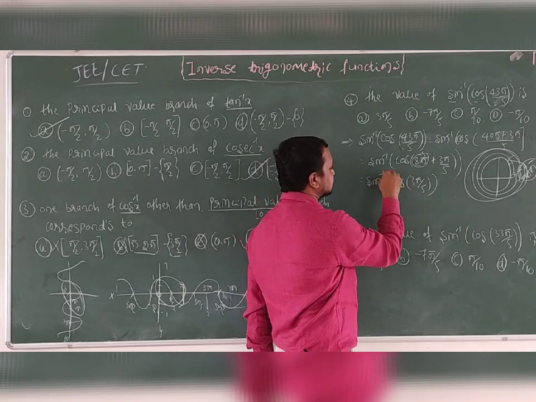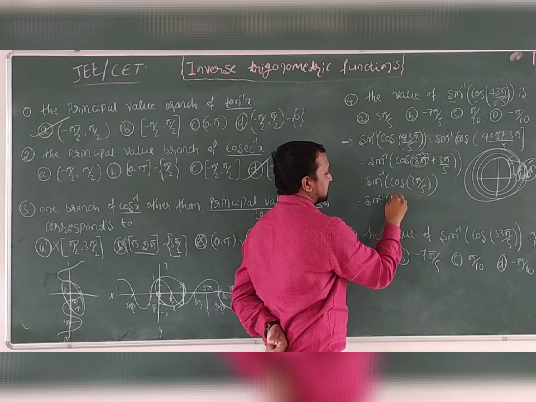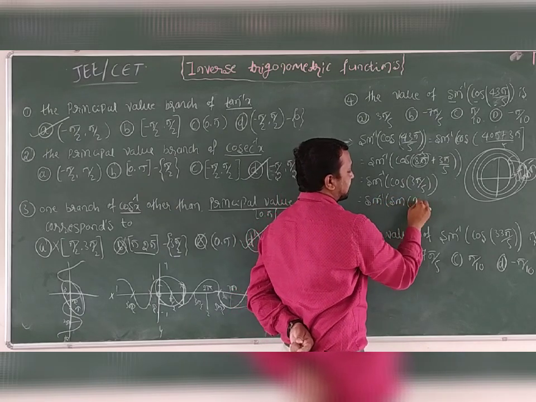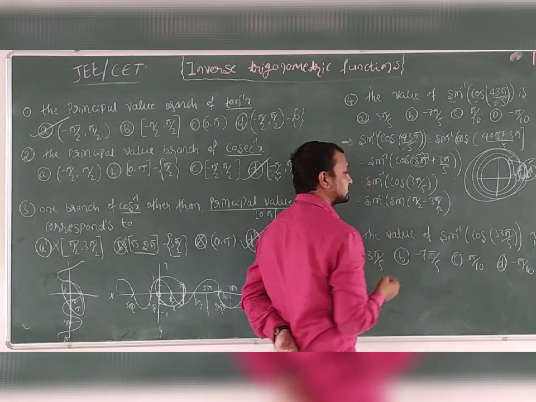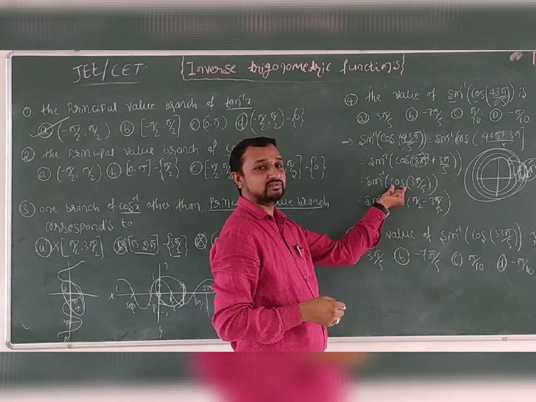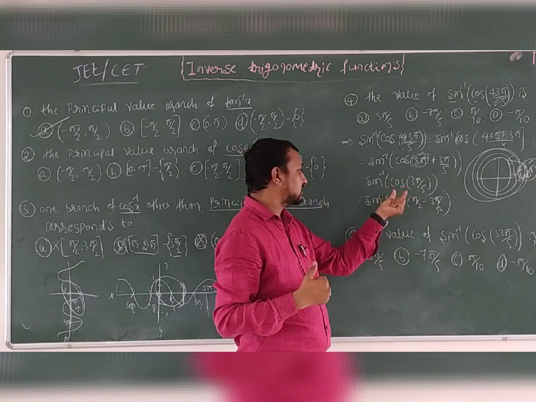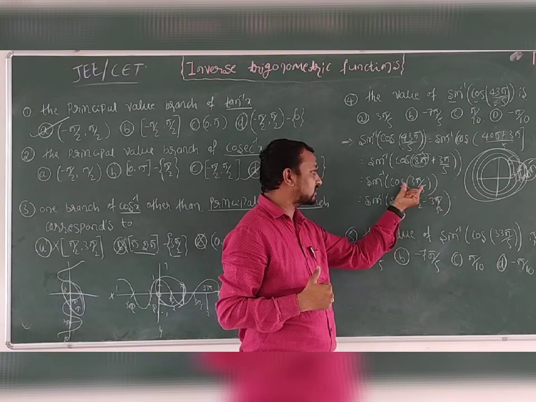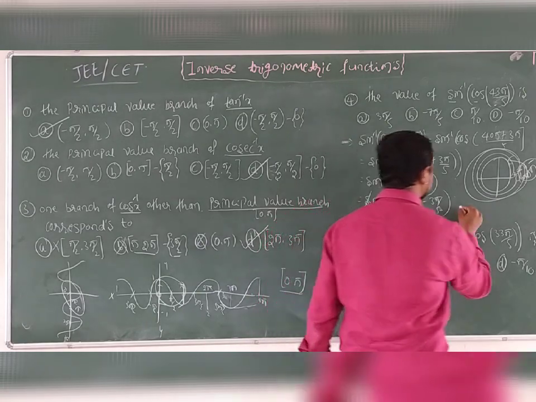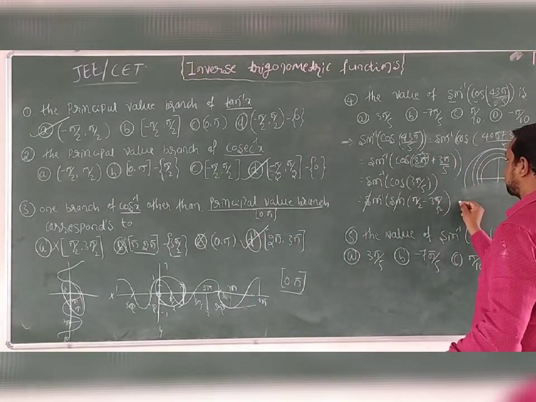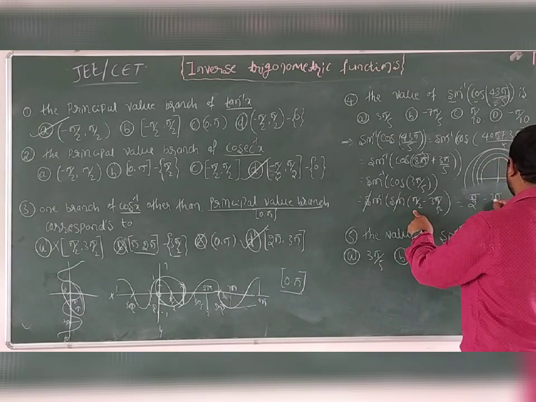Here sin inverse is there and cos is there. We can apply this as sin inverse of sin of 90 minus θ, because the cos function is converted into sin using 90 minus θ. Sin of 90 minus θ is nothing but cos θ. So the sin inverse and sin cancel, and the remaining term is π by 2 minus 3π divided by 5.